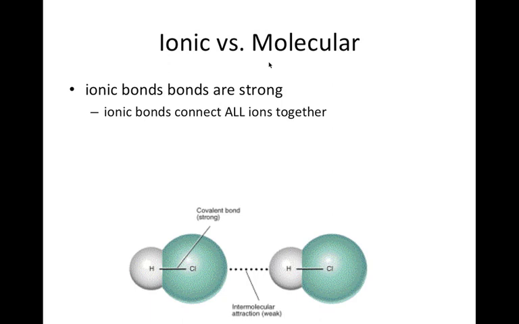Mainly, when we're talking about the properties, realize that ionic bonds are the opposite of covalent bonds. Okay, we see that ionic bonds are very strong. Ionic bonds connect all ions together. When we talked about that crystalline lattice, we talked about the lattice energy and all that. They connect all the positives and negatives together, which creates very strong bonds. Now, covalent bonds are strong, but ionic is definitely stronger.